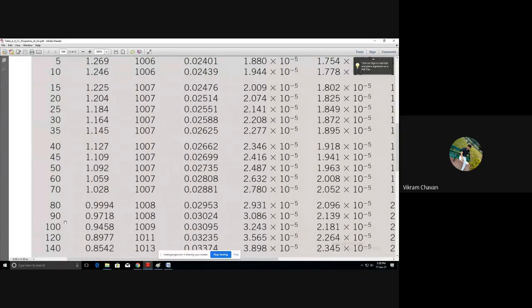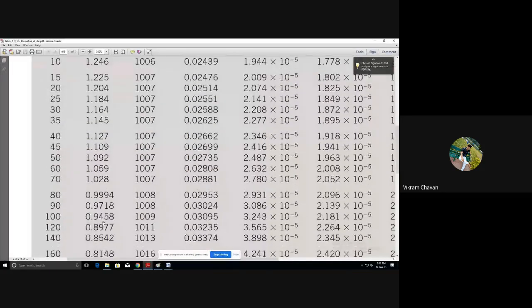what you are doing in ATD to determine the properties. By taking the average properties also you can check. If you take the average of 90 and 100, you will get the properties for 95 degrees Celsius, and that will be near to 96 degrees Celsius. Or else, because there is not much difference between 0.9718 and 0.9458, you will get in between those two as 0.96 for density of the air.